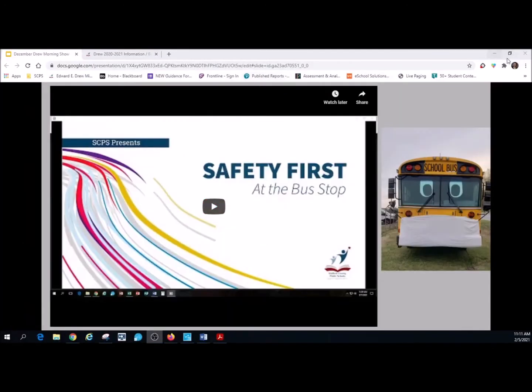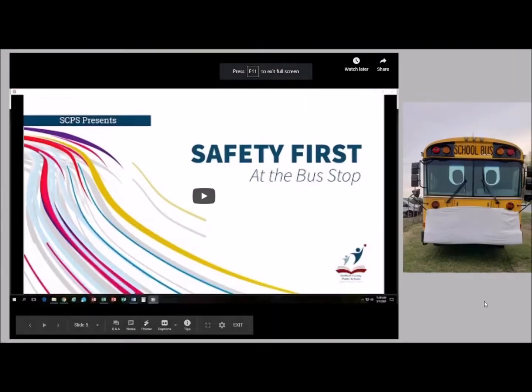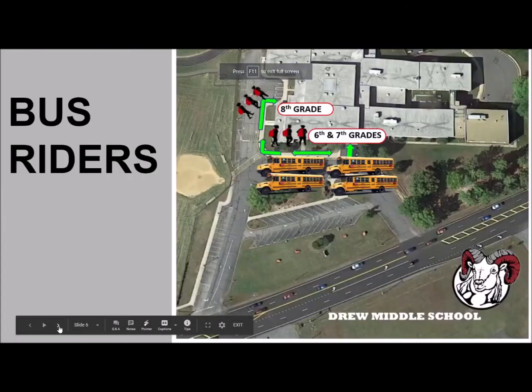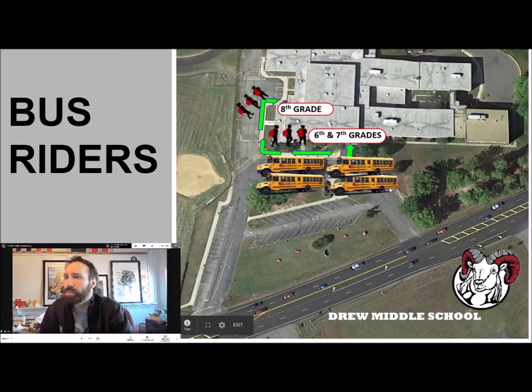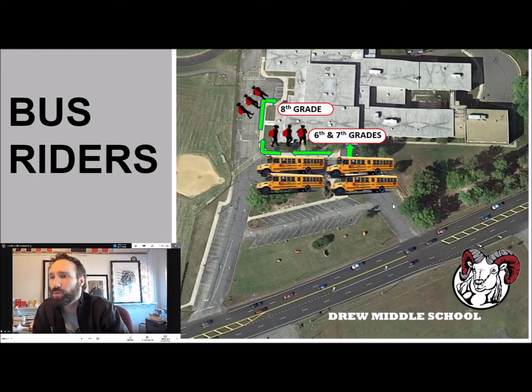All right. Let's talk about the next piece. Let's talk about once you get to Drew, what things will look like. So let's say you get on your little bus, here's your bus coming, and then it parks. And 8th graders, if you were here last year, and 7th graders, you would know this too, everybody came through the front doors. To help spread things out, the way it'll work is 6th and 7th grade will go through the front doors of our building, and there'll be staff there to direct you. And then 8th graders are going to walk around the building, as you see on these arrows.